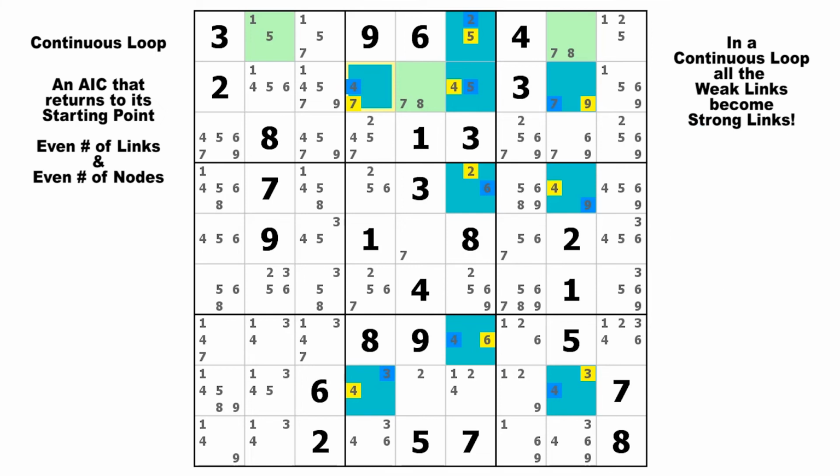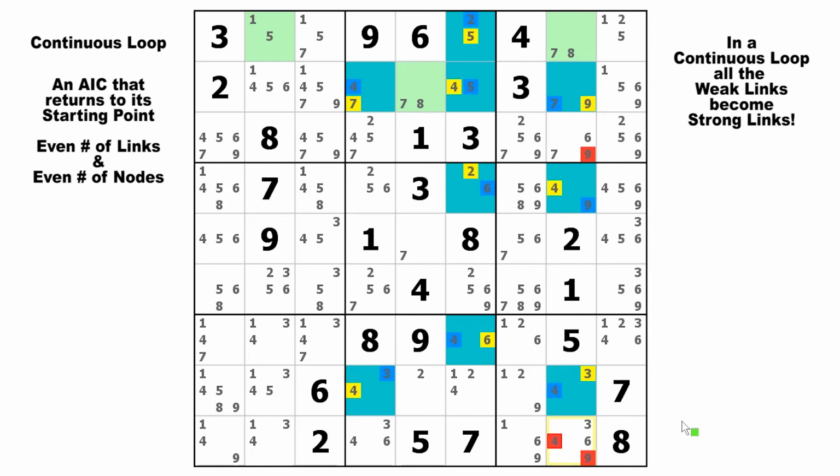So now what this means, as I showed you in the earlier example, is that all the weak links become effective strong links because you could make an XY chain starting on any one of those cells. So first let's mark the eliminations and then I'll draw the chain. There was a weak link between these two 9s in column 8, so that 9 is false and that 9 is false. And then there was a weak link between these two 4s in the same column, so that